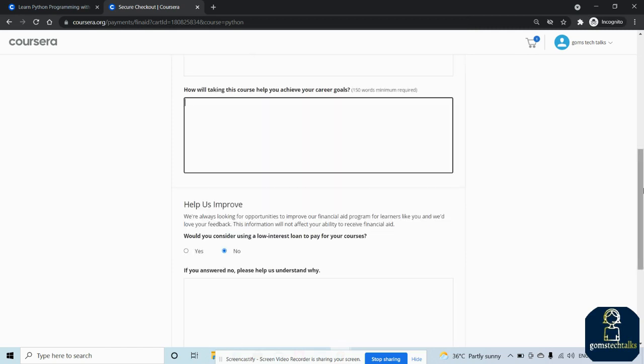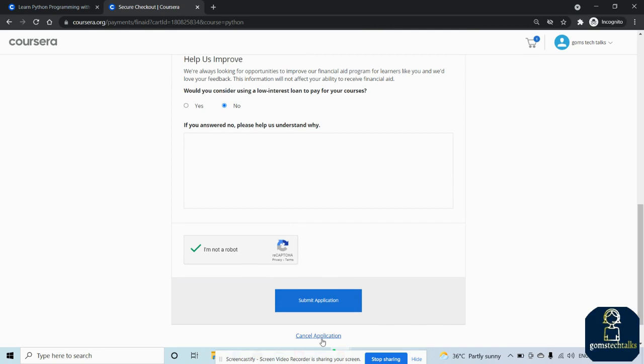After submitting the application, you will be receiving the financial aid within 15 days from today. If you have applied today, on the 15th day you will receive your financial aid mail, sent to the mail id you have registered with, saying your financial aid has been approved. Okay, all the very best.